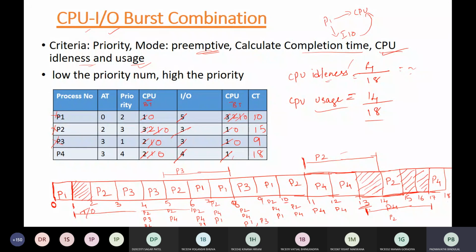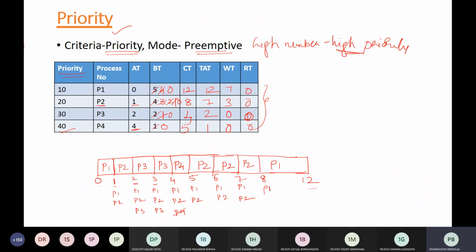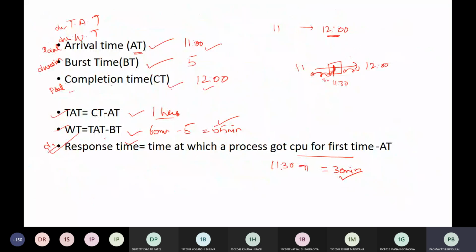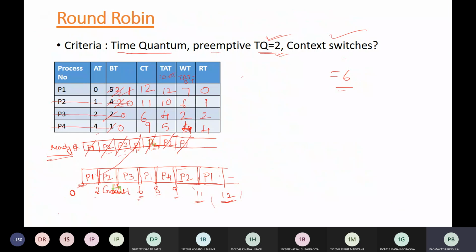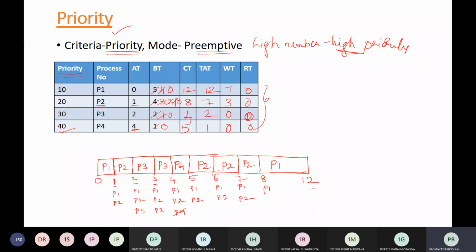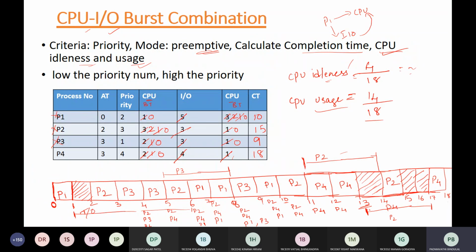So I hope you people can solve any numerical if given on scheduling algorithms. Okay, I'll assume so, and later on I'll be sharing some extra numericals for practicing. In the last 2 lectures we have completed our 5 scheduling algorithms: FCFS, SJF, SRTF, round robin and priority. And this was just one example, a little bit tough example.